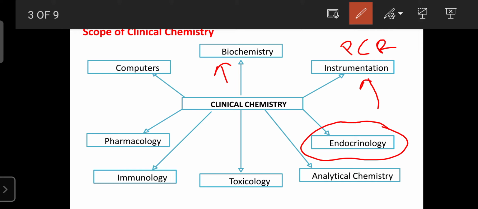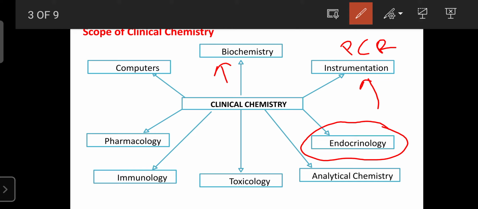Once again, a good example is the case of infertility. Simply, if you test the testosterone level in the male or the estrogen level in the female, then you can get an idea of the reason for the infertility. So who is responsible for infertility, either the husband or the wife? That is found with the help of clinical chemistry. So it is also helpful to study hormone levels, to find out risk factors or for diagnosis of the disease.